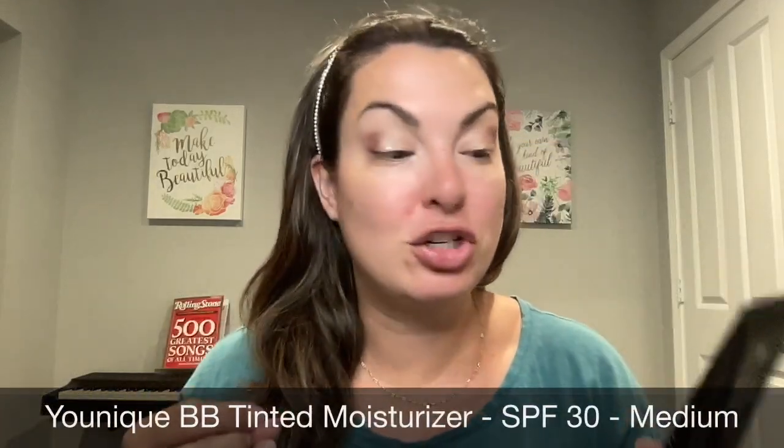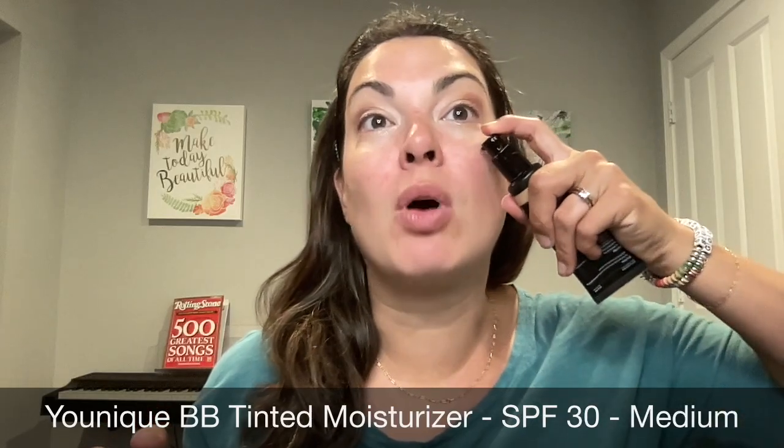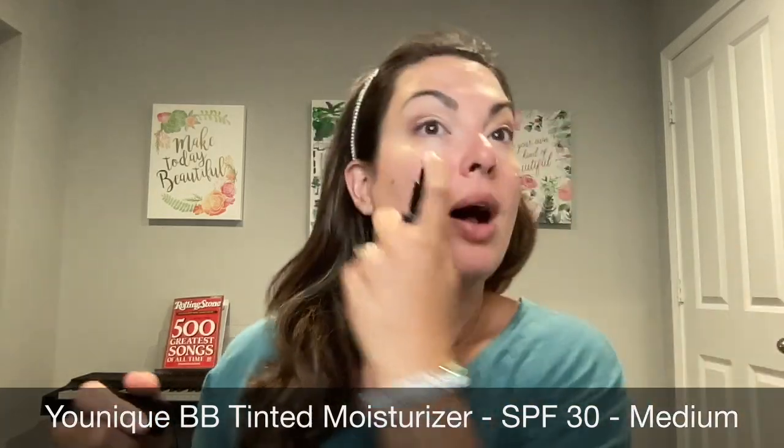All right, so anytime that I am trying a new primer, I try to use my go-to foundation product. Right now, that is the Unique BB Tinted Moisturizer in the shade medium. This has an SPF 30 in it, and you all, it is so amazing on the skin. I love, love, love the way that it looks. So I'm just going to take that product onto the kabuki brush